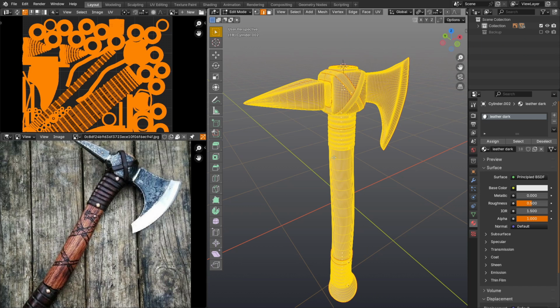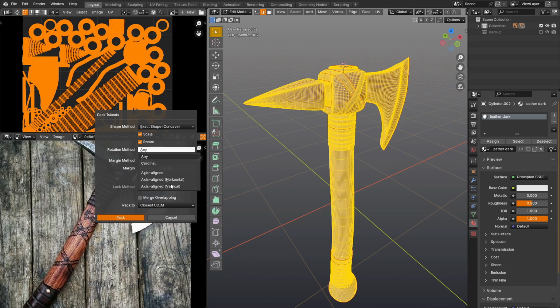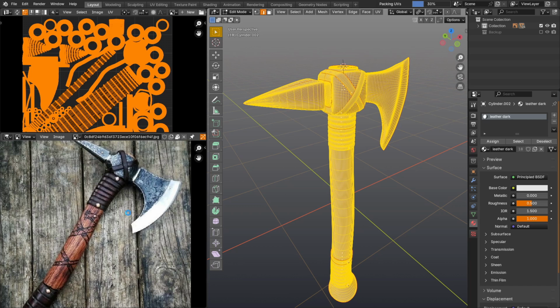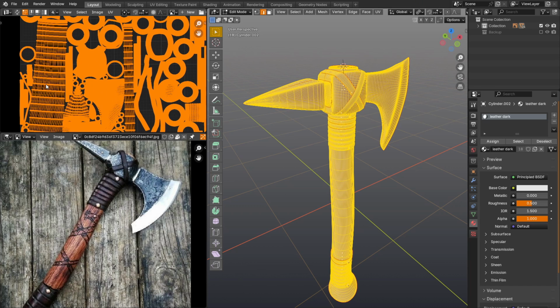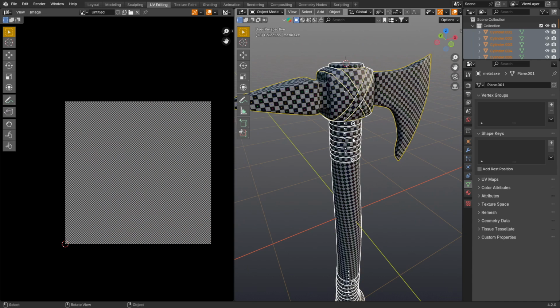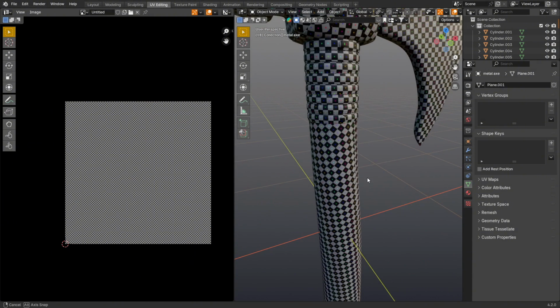It almost suits us, but the thing is that the tree structure will be visible on the axe handle and it should be vertical. Therefore, at the moment when we pack our UV map we need to set the rotation method to vertical. And then Blender will place it very well vertically. Everything is correct. Now we can slightly rotate and admire our 3D model. Look at the material, everything is in the same scale.